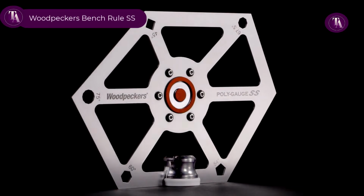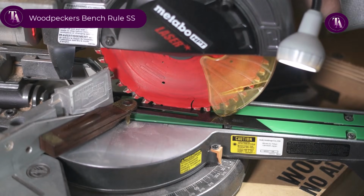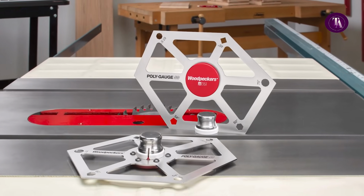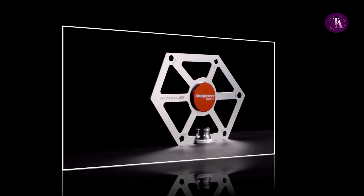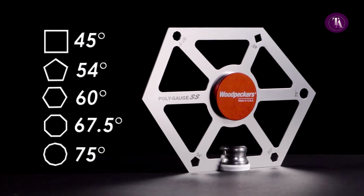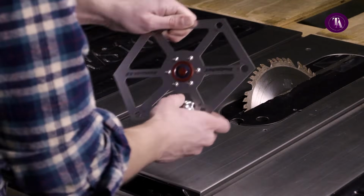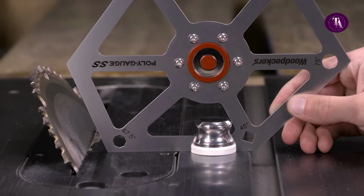Woodpeckers Bench Rule SS. The Woodpeckers Bench Rule SS is a premium stainless steel rule designed for precision woodworking. Made from 1/16 inch rigid stainless steel with a satin finish, it features laser engraved scales with plus or minus 0.04 inches accuracy. Its innovative sliding stop enables parallel scribing and repetitive marking, while also converting into a self-standing base